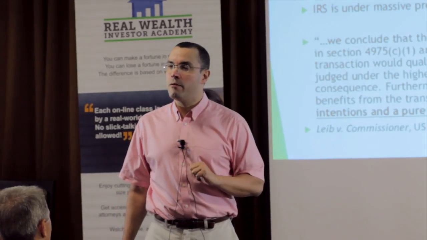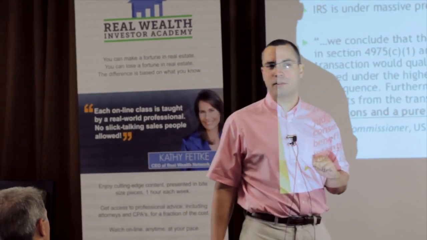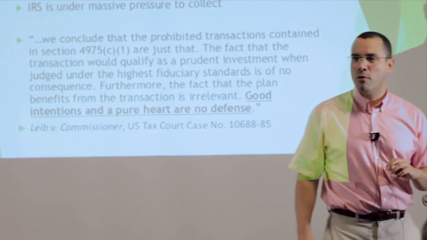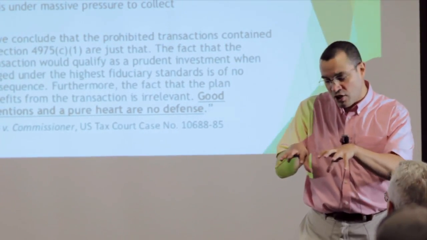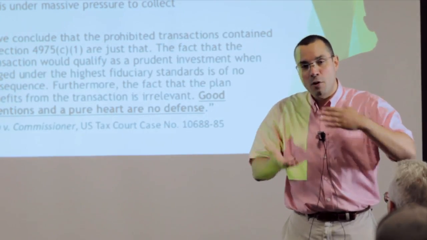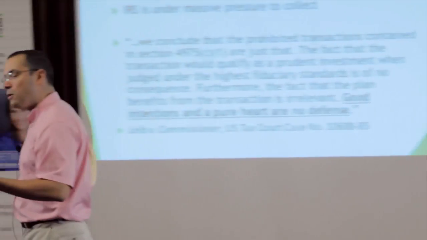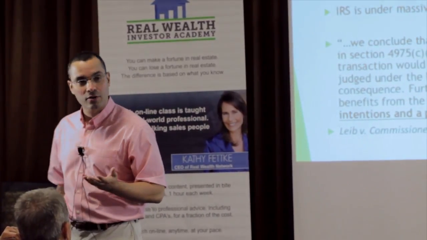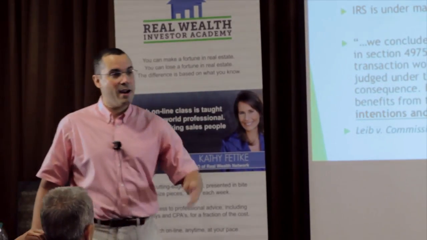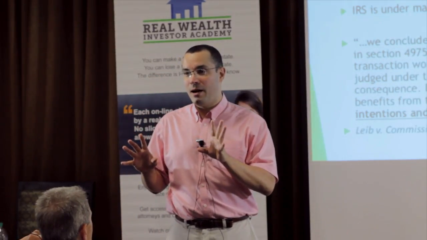What else do I like about 401ks? Better asset protection for most of them. 401k solos are a little different. A full-blown 401k has asset protection under federal law. What do I mean by asset protection? Things that happen inside the account, you are not protected from. If you buy a rental in your 401k, you buy a rental in your IRA, and somebody trips and falls, can you be sued directly? Yes, in most jurisdictions. And certainly the account is liable. The rest of the 401k, the rest of the IRA has liability. That's not the kind of asset protection I'm talking about, right?